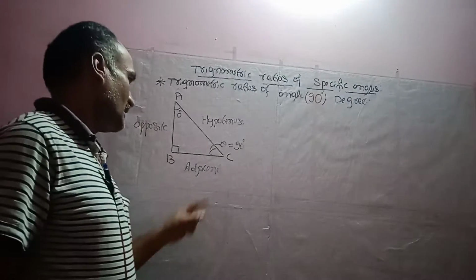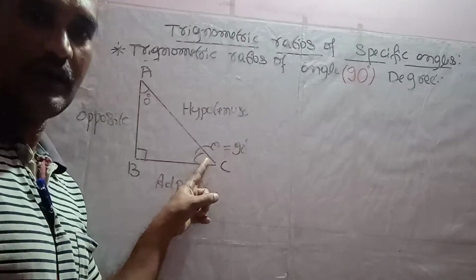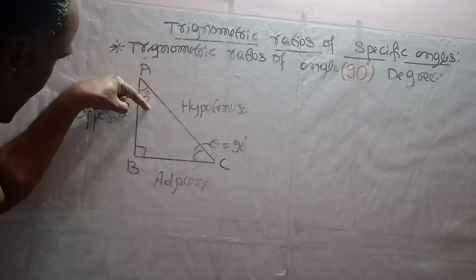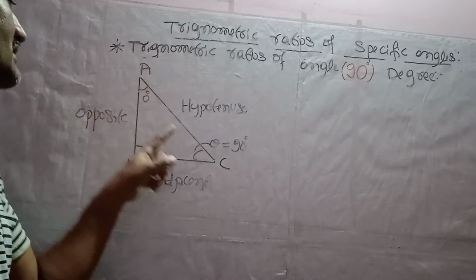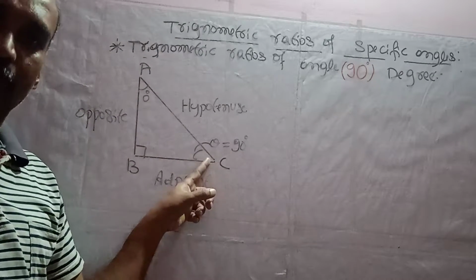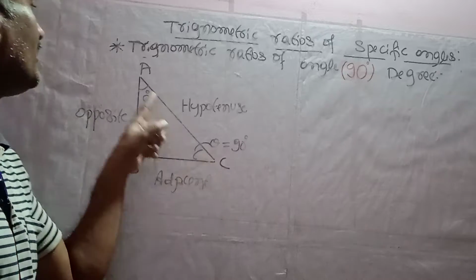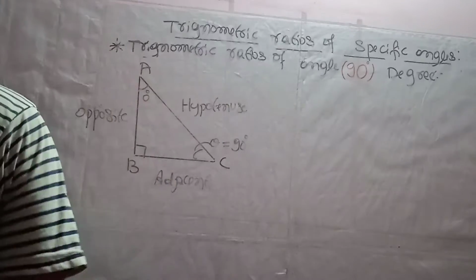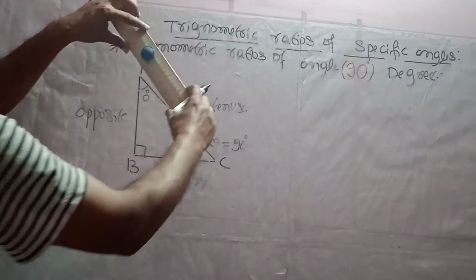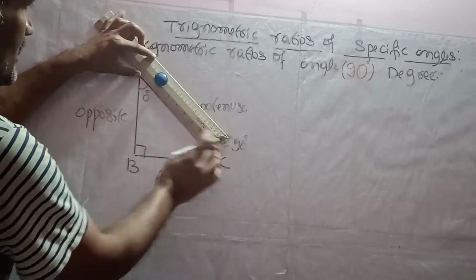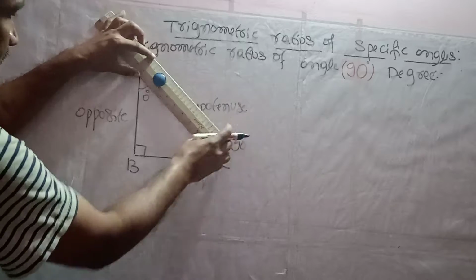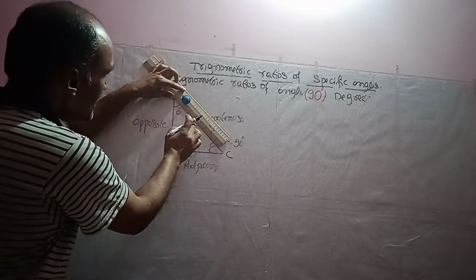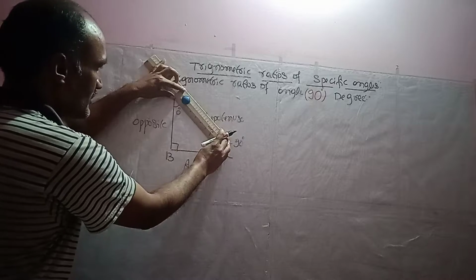So look here, theta is 90 degrees. I can make 90 degrees in two ways. If I make this angle 0, definitely this angle will become 90 degrees. If I make this angle 90 degrees, then only this one becomes 0 degrees. So look at how I can make this angle 0 degrees. Here the hypotenuse is there, and just imagine some angle is there. If I reduce this angle, like this.